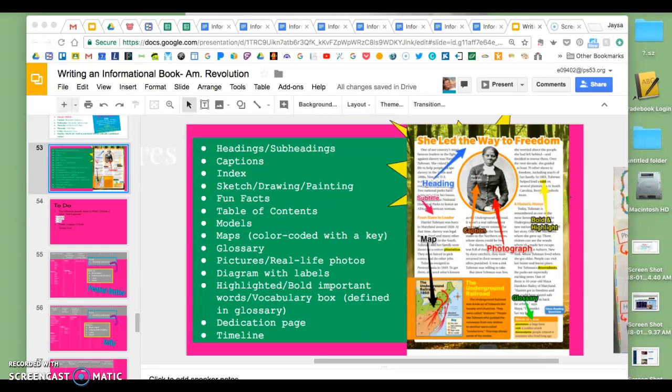Okay, this video is going to be about your Chapter 2 text features. So, we have a list right here of some of the things that you could use as text features. So you can see headings, subheadings, captions, drawings or paintings, fun facts, table of contents, all those things. Some of the big ones are going to be a map, because this is a war that we're talking about, glossary, because there's going to be a lot of words that people might be unfamiliar with,